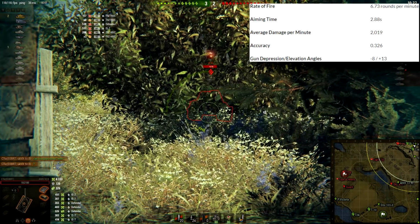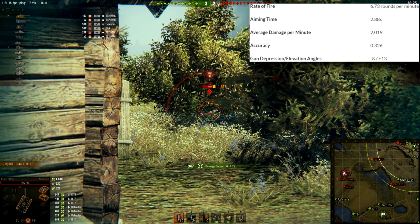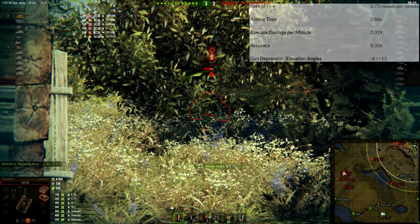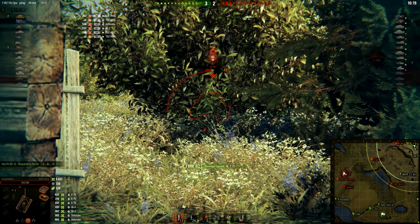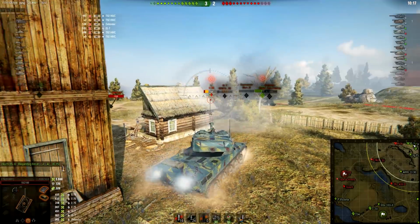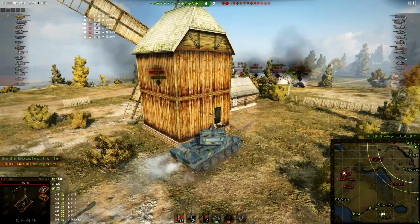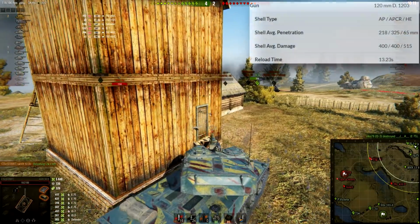Gun depression, gun elevation angles -8 and +13 degrees. -8 degrees of gun depression is what I like to call really good gun depression, but 13 degrees of gun elevation is kinda meh. It is like autoloader-ish gun elevation. But the second gun,